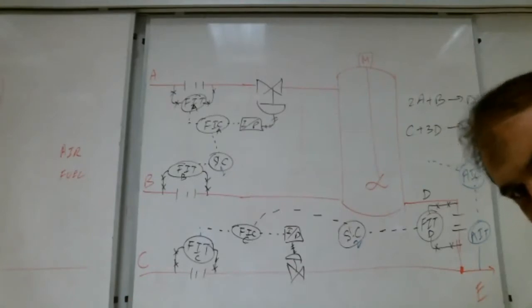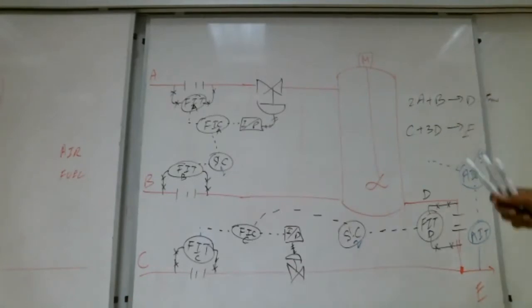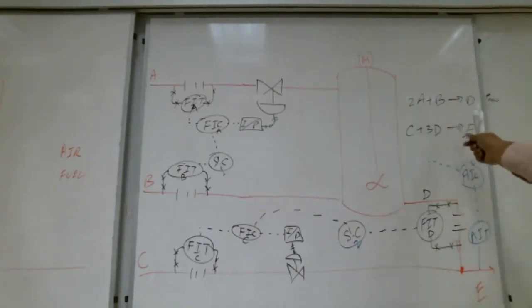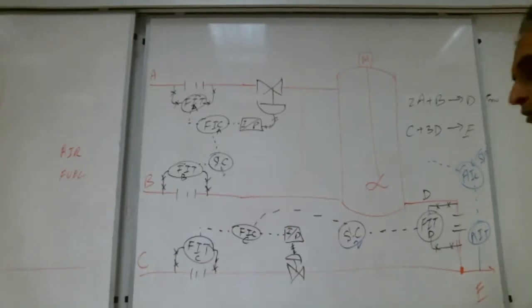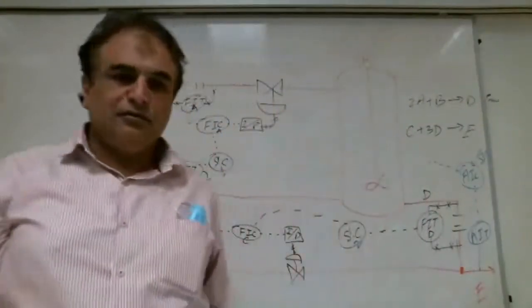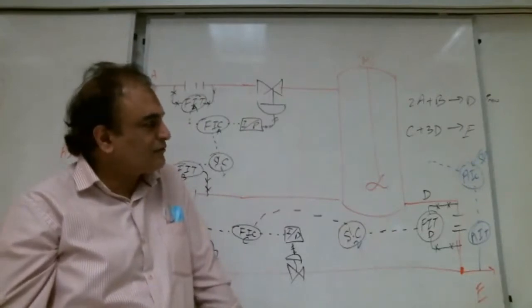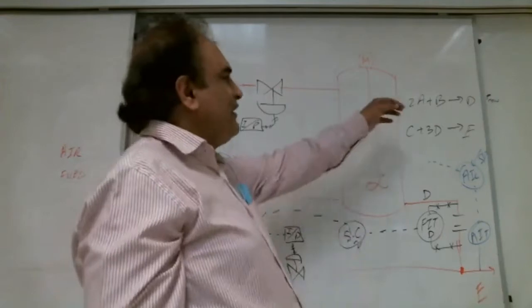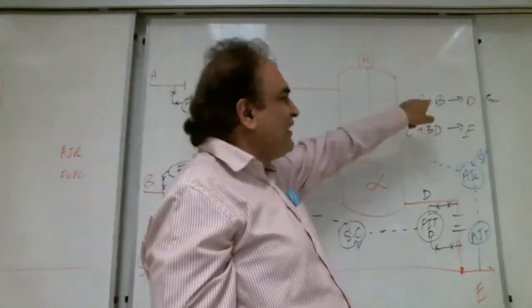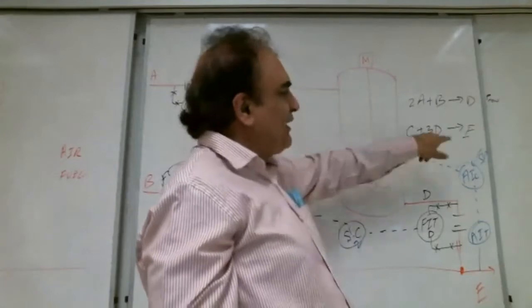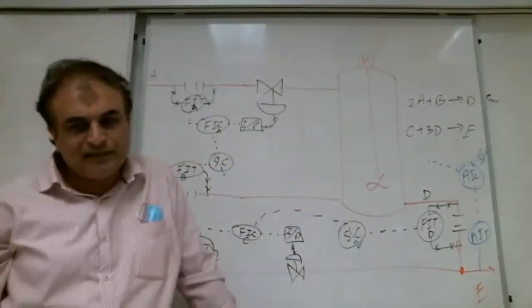One brother, Ali, is giving logic: we need C plus 3D. Okay, that's why you are saying it should go to 2. But we also need 2A plus B before that. If somehow 2A plus B is not correct, can C plus 3D be correct? I guess it will go to both of them, teacher. Both we cannot put. Imagine the ratio 2A plus B is not correct. Can this ratio be correct? Can C plus 3D be correct?